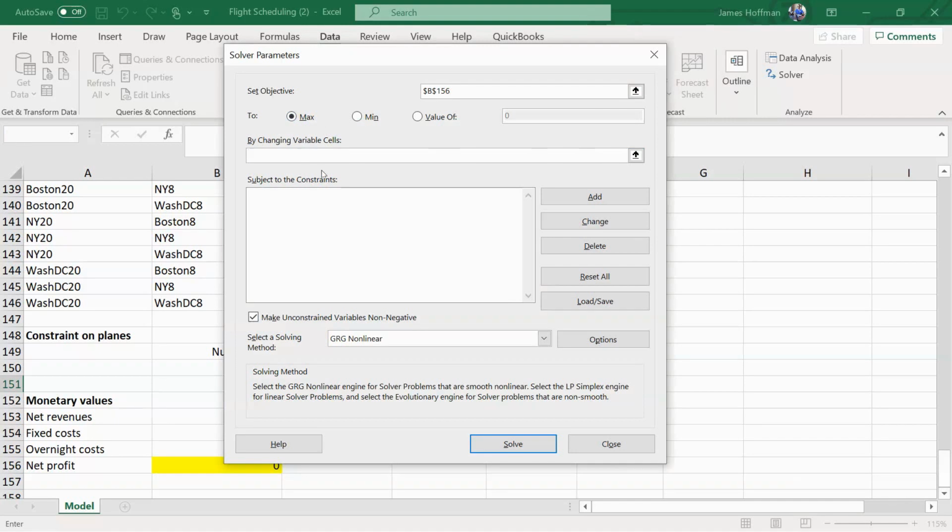I think it might be easier, just because we have this huge range, to just type in the range names for our flows, and then hopefully that works. So we're going to type in the 3 range names identical to how they were defined. So by changing variable cells, you can type in